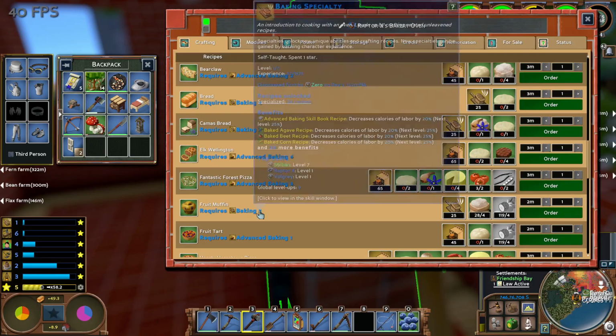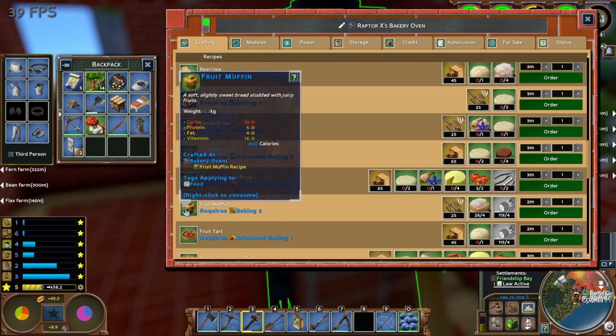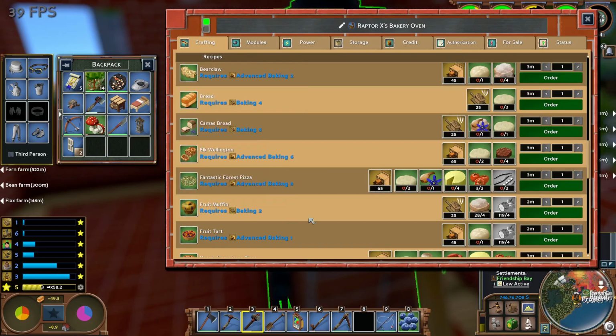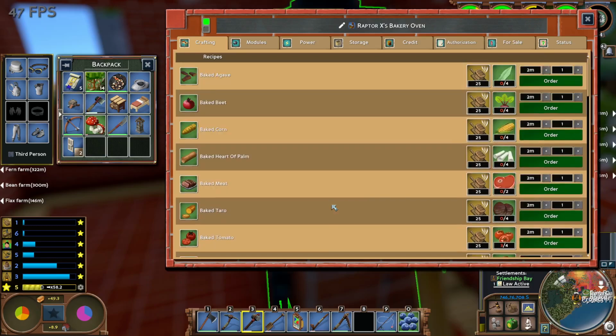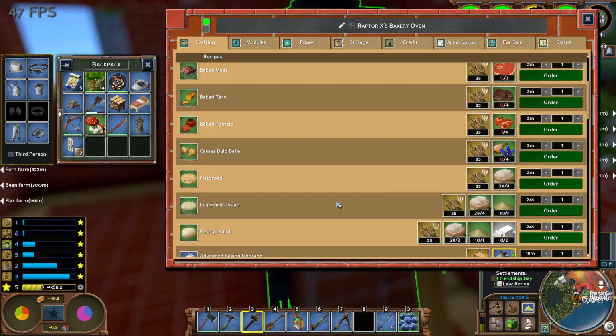Let's see here. Fruit muffin. There we go. It requires baking 2. Okay, so at this point, we're essentially just going to have to make a whole bunch of baked tomatoes or something to bring baking all the way up. And we'll just use the